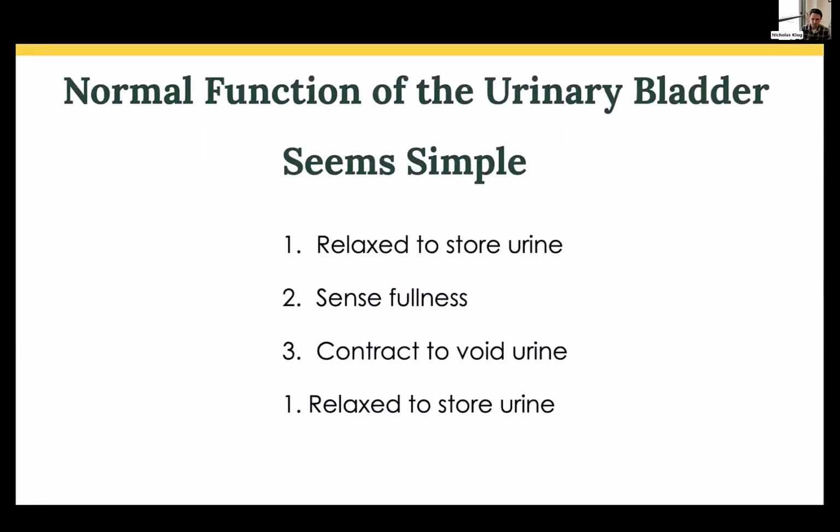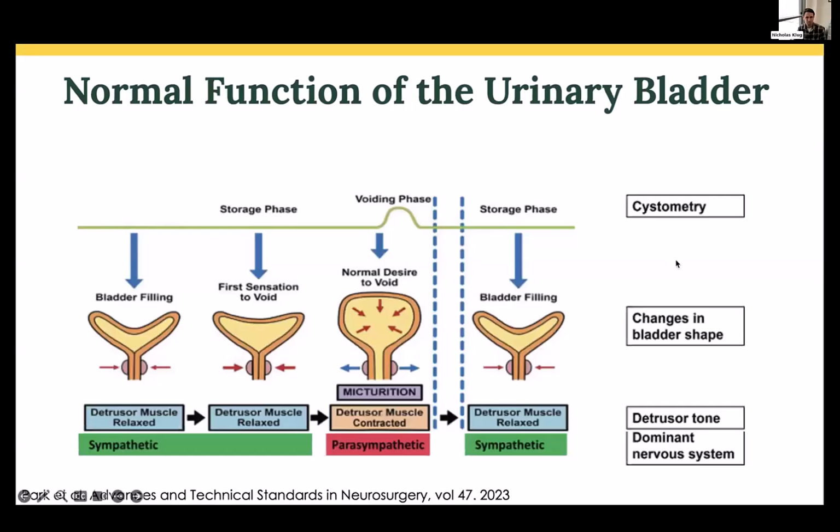These three specialized layers seem to have a pretty simple task: to stay relaxed in order to store urine, and then at some point sense fullness and send that cue to the central nervous system that the bladder is full. Then you get a brief but forceful contraction to void urine, and then the bladder should go back to a relaxed state to store urine. It seems simple, and actually that dogma still persists today in the clinical and